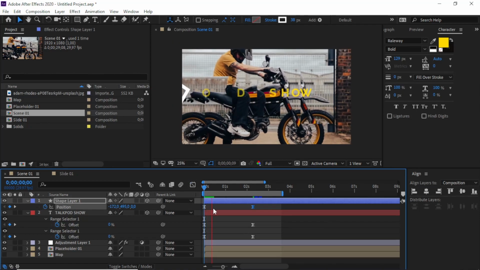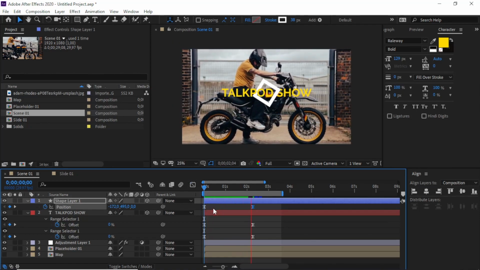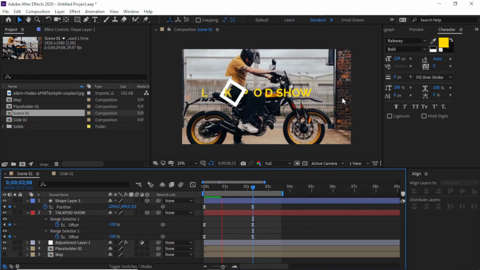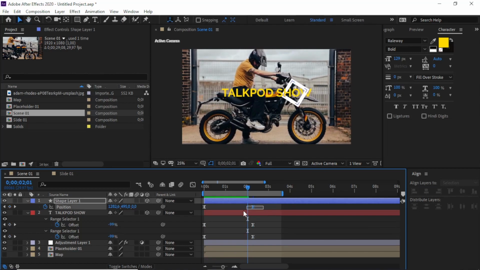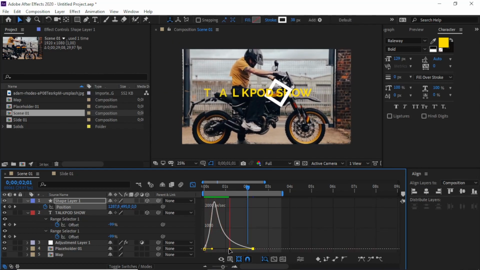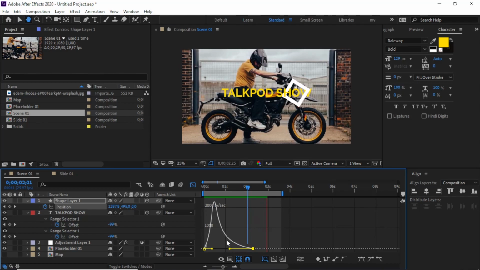So when it starts coming like that, I think the block should not stop in the middle of the text, but almost at the end of the text like this. I need to make it faster. Like this.